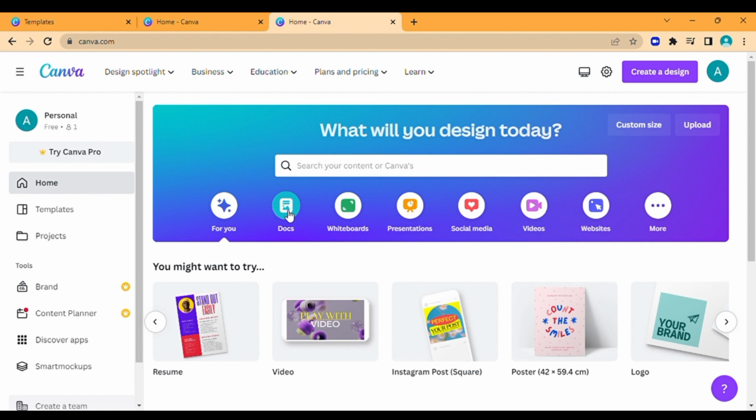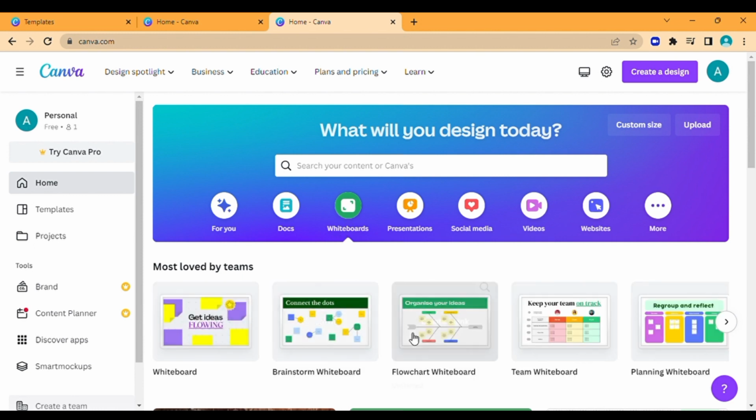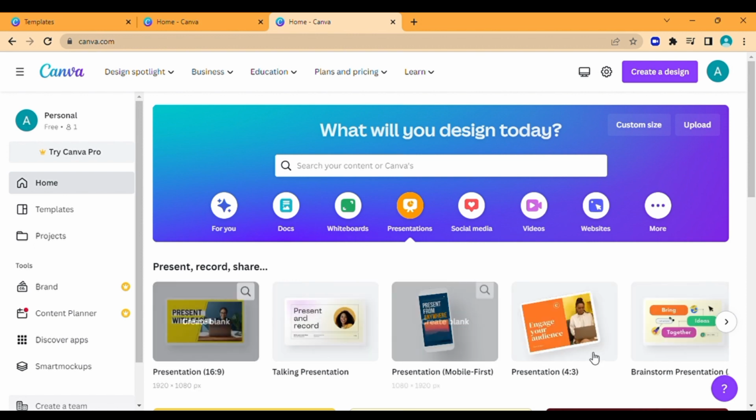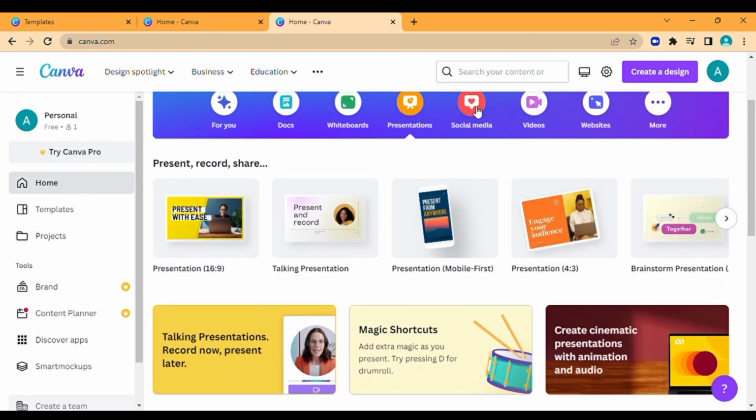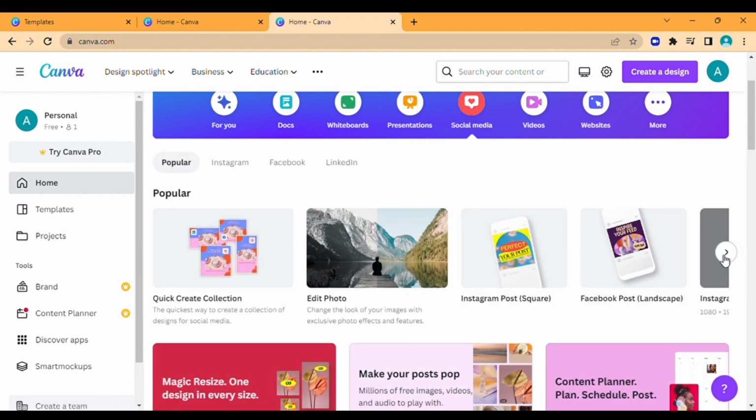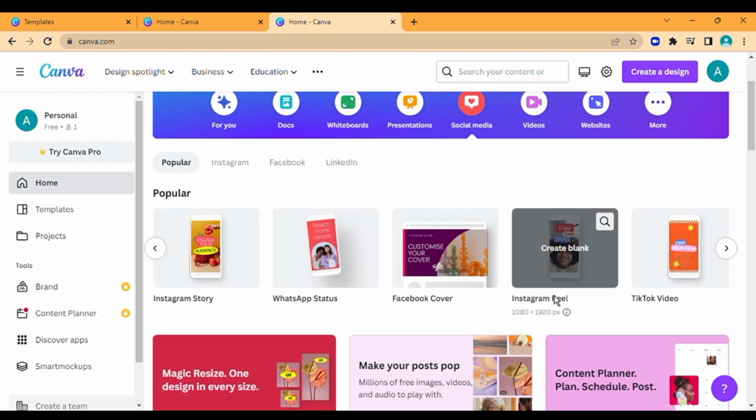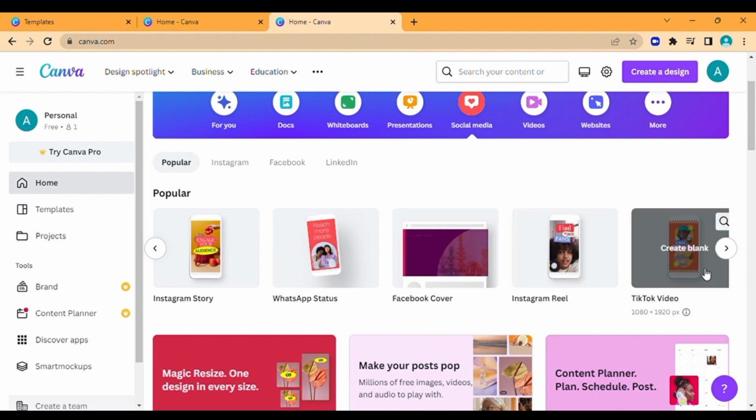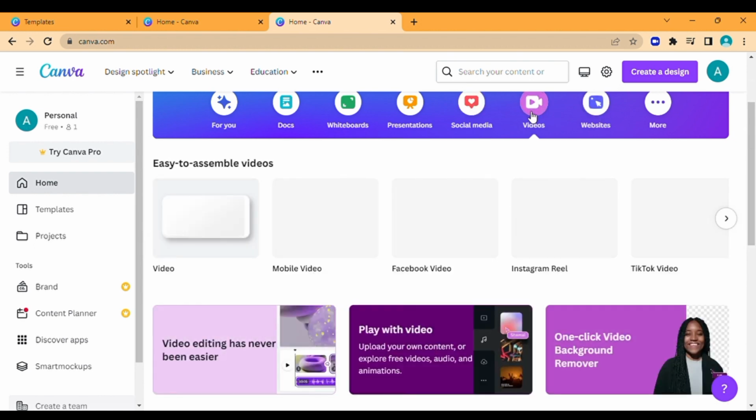Here you can view all of the documents which you can use, or you can use whiteboards for your designing purpose, or you can also use presentations for your company or any other purpose. Here you can see different types of social media posts which you can design, such as Facebook posts, Instagram posts, WhatsApp status, Facebook covers, Instagram reels, or TikTok videos. Here you can create your own videos